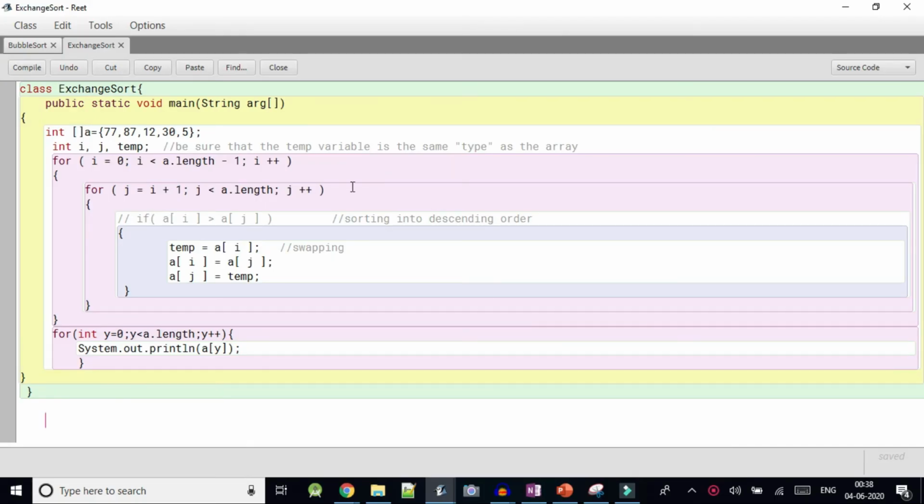So this is your program. Again you can see the same concept. We have an array, we have two loops, and we have a temporary variable that is the same as your array data type, right? So it will execute the first loop. It will start from 0 and j will start from i plus 1, meaning whatever value is there for i, it will increase by 1, right? So it will execute the program when the conditions are true. When the conditions are false, the loop will exit and it will print the array's values. Whatever elements we have will be printed on the screen.